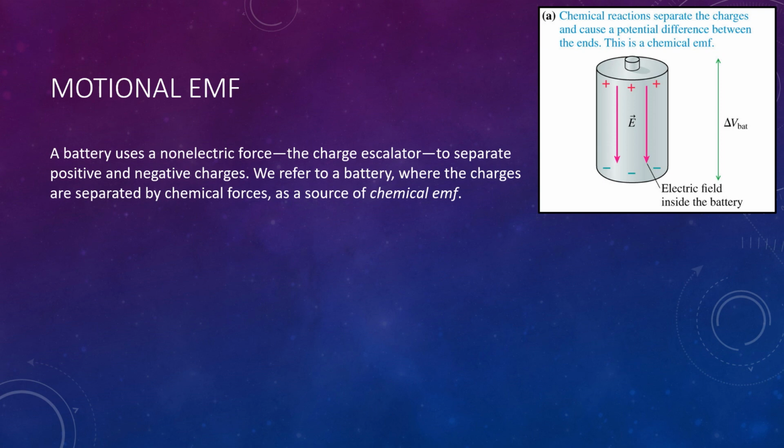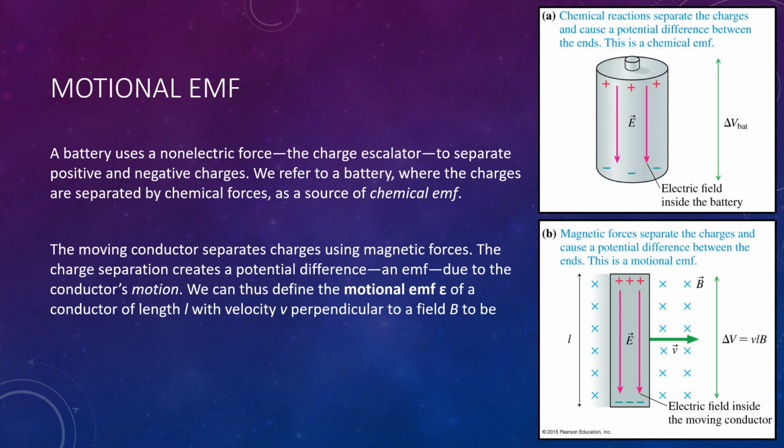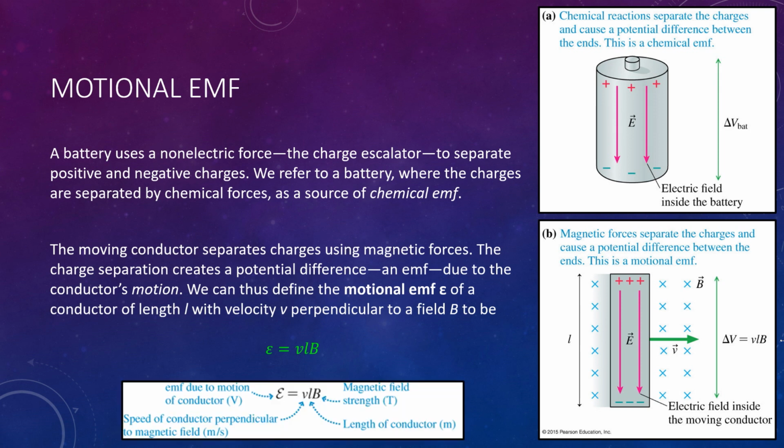But what we just learned about was using magnetic force to do it. And in order to produce that potential difference, in other words, an EMF, it's due to the motion of the conductor. If this conductor wasn't moving at all, we wouldn't see this happen at all. So it's due to motion, and thus we define this particular potential difference as a motional EMF, or electromotive force, which is given by the symbol capital epsilon. And so instead of delta V equals VLB, we're going to write it as epsilon